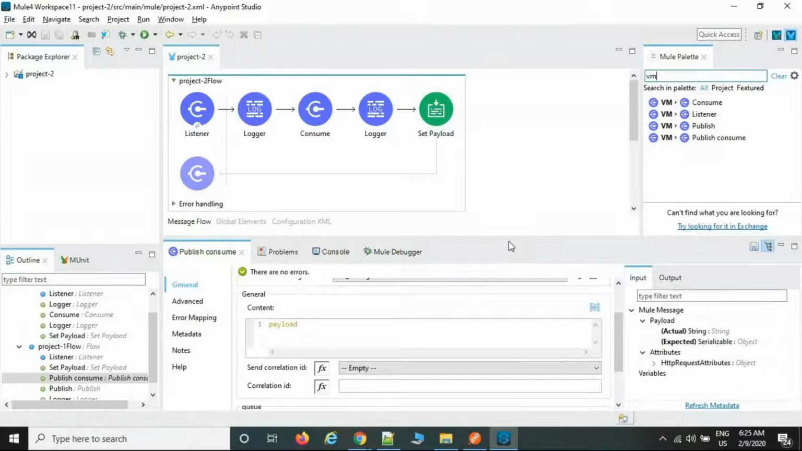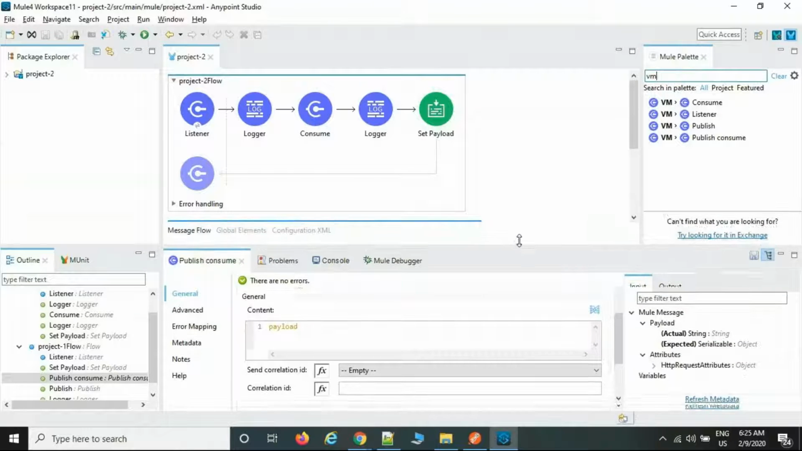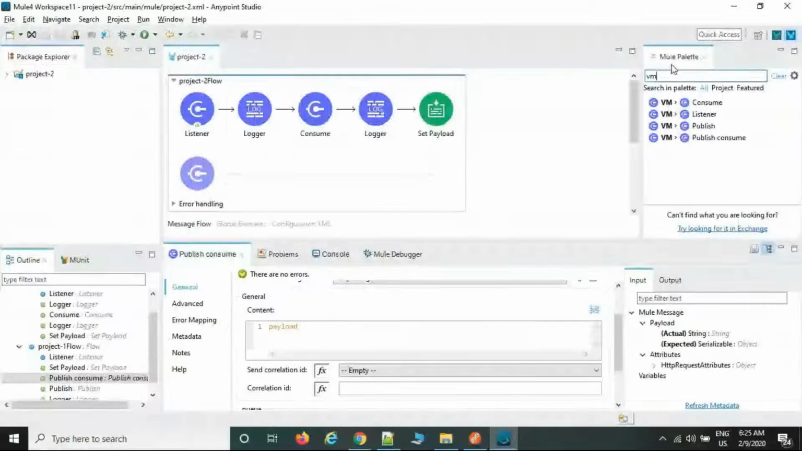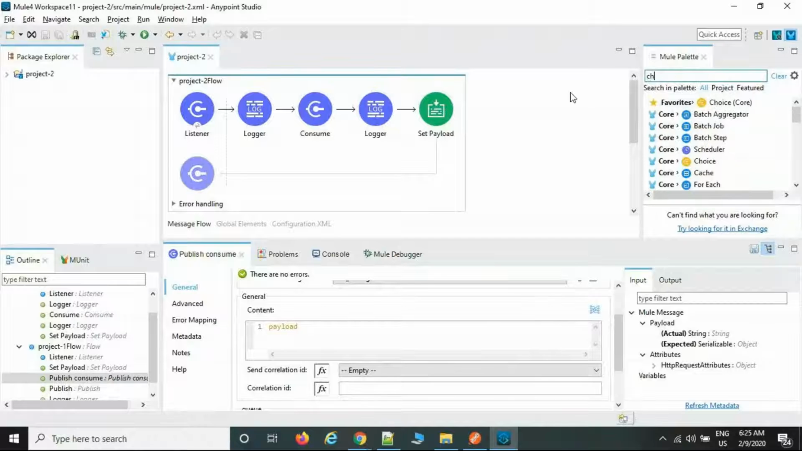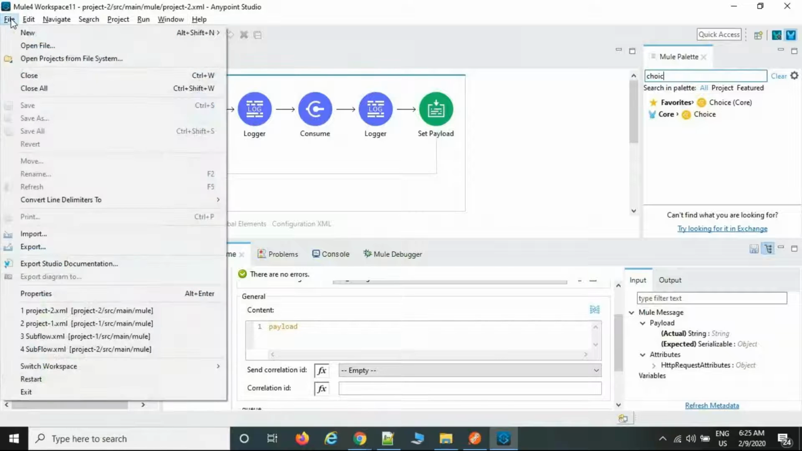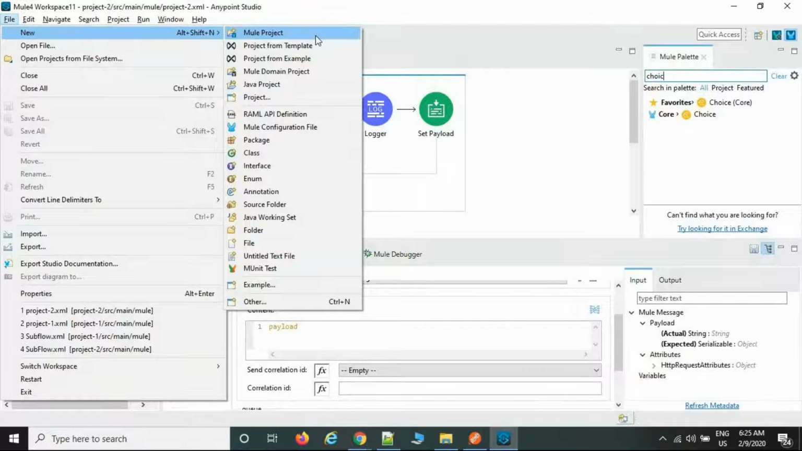Okay. And one more palette called the choice palette. Choice is always a condition-based palette. Condition-based palette means, for example, if I drag in a new project,